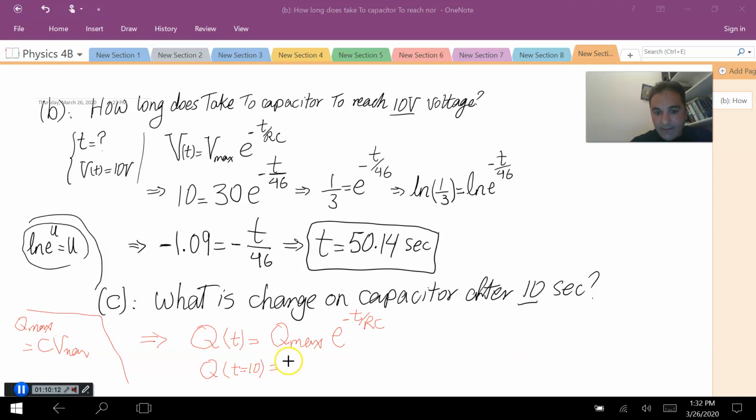Q max is C times V. C is 4.6 times 10 to negative 6. V is 30. And then here e to the power of negative 10 over RC. How much was RC? 46. 46, yeah. Now if you do this number, charge after 10 seconds,